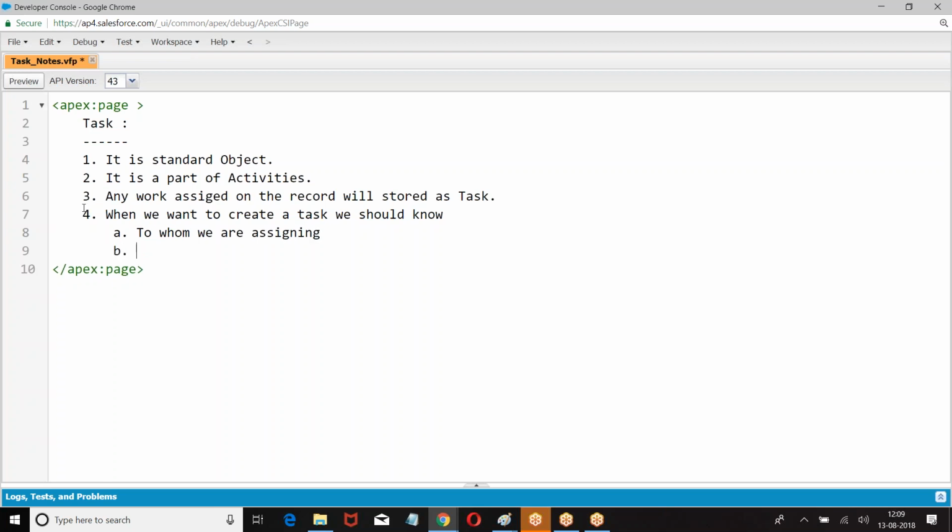What is the due date? Which record are we assigning? What is the status of the task?